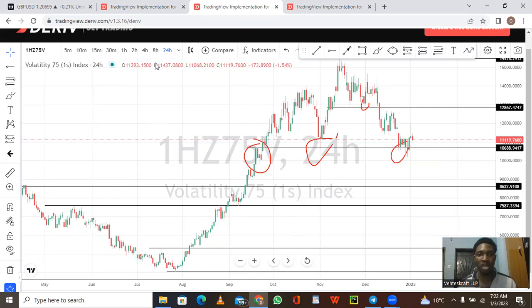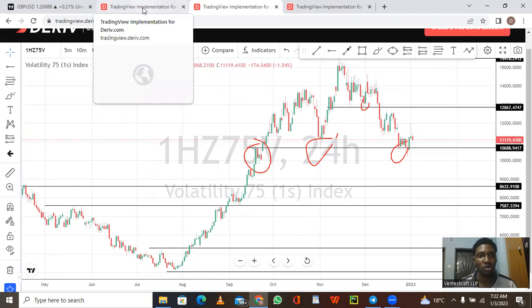I make use of the 1 hour, right? So once I am able to do that, I will now come to the lower time frame to start looking out for where to enter from. So how do I make entries? Whenever I come to the lower time frame,